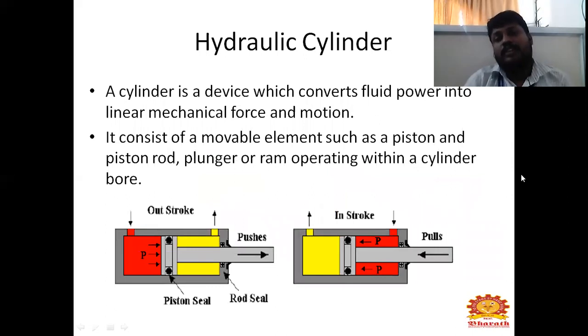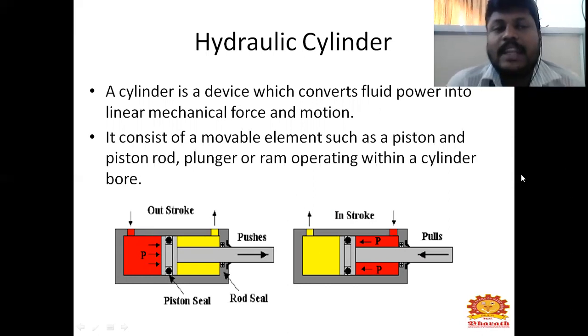What is a hydraulic cylinder? It is also called an actuator. What is meant by actuator? If you give some mechanical force and you get actuation, that is called an actuator. Like a fan, if you give a power supply, it rotates, and that is also called an actuator. That is a rotary actuator. Here you will have hydraulic fluid pushing the cylinder front and back, so linear motion occurs here. So we call it a linear actuator.